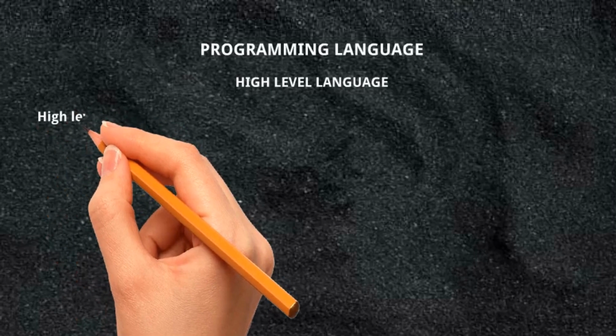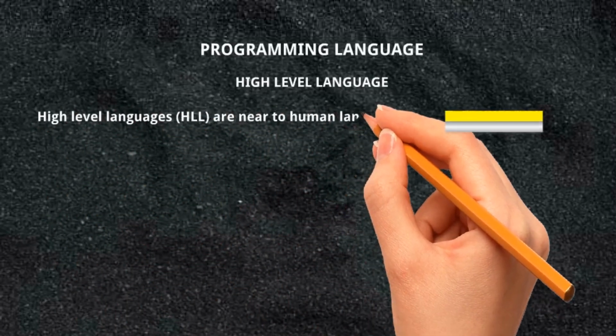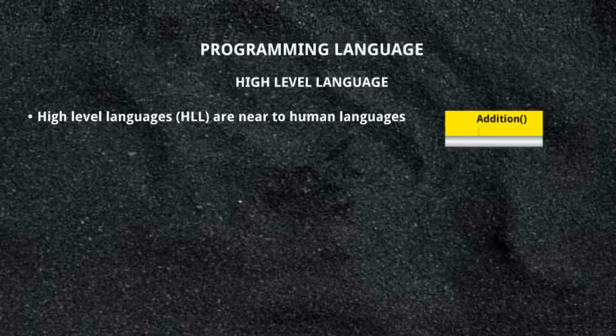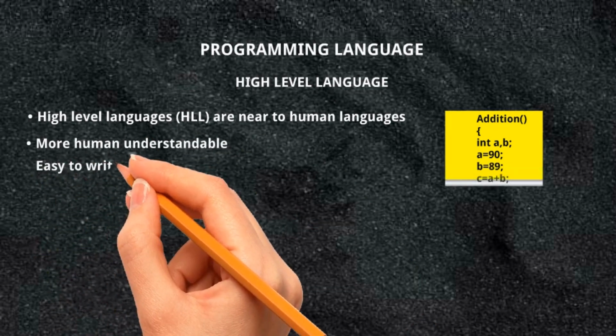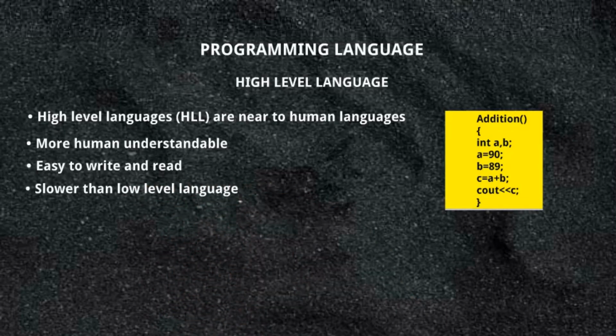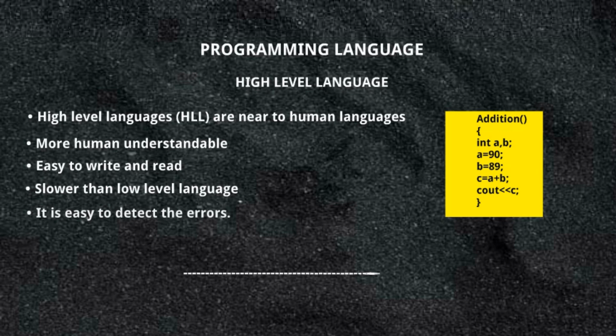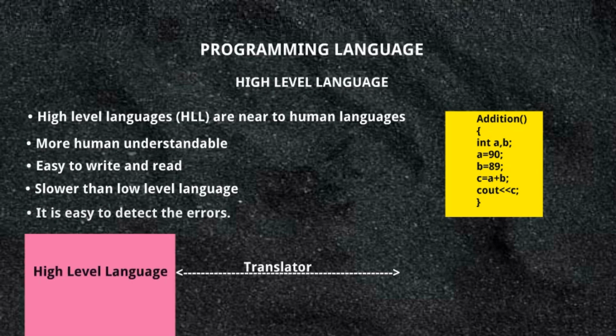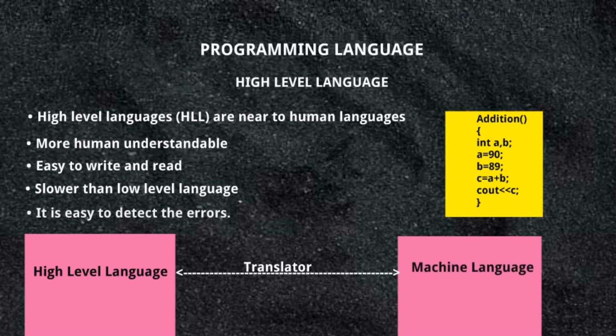High-level language: high-level languages are near to human languages, and far from computer hardware. High-level language features are: more human understandable, easy to write and read, slower than low-level language, easy to detect the errors. It also requires a translator program to convert high-level language to machine language, and vice versa. Two types of translators are used in high-level language. That are compiler and